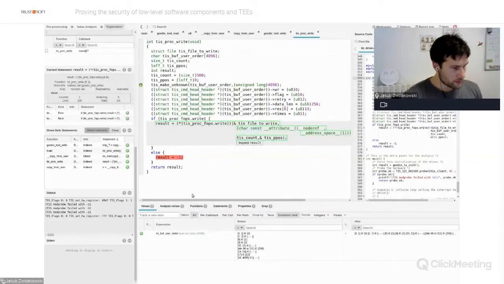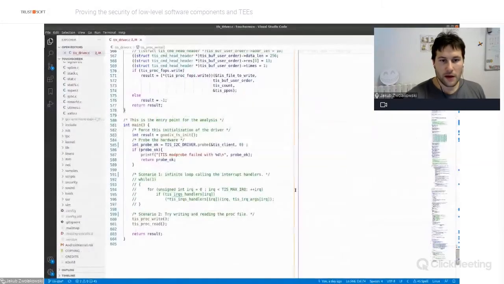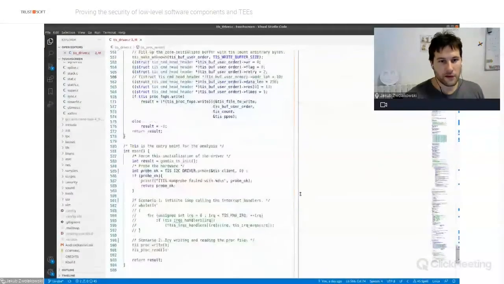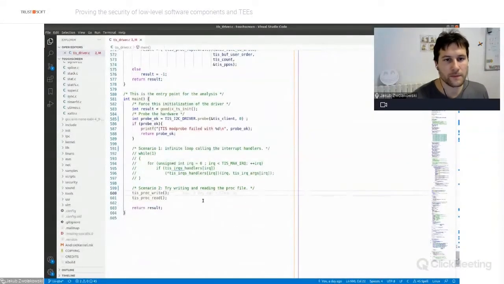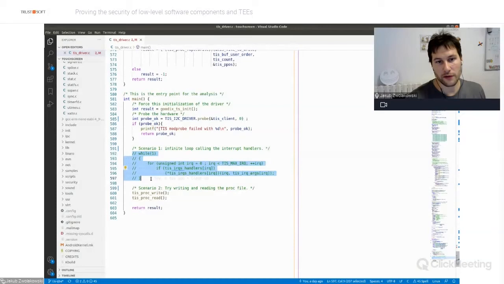Okay, so let's see how it looks in the source file here. This is what you can see as the entry point for the analysis, the main function. What I'm doing here is I initialize the driver, I probe the hardware, and then I simulate one of the scenarios that I was talking about. Here, the first one is commented out.